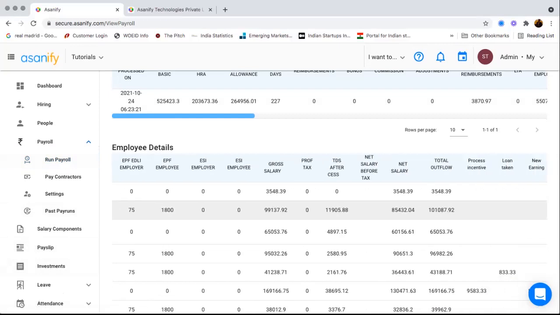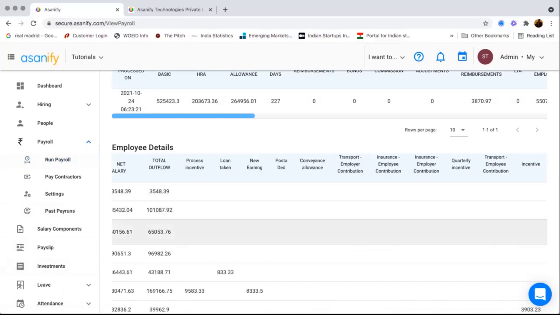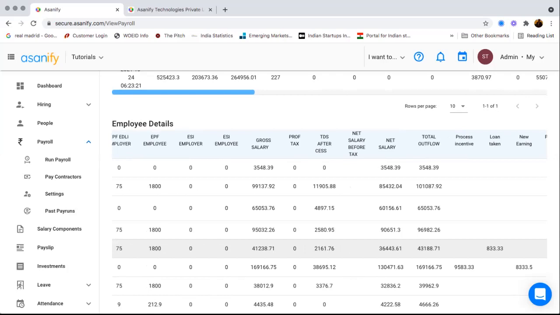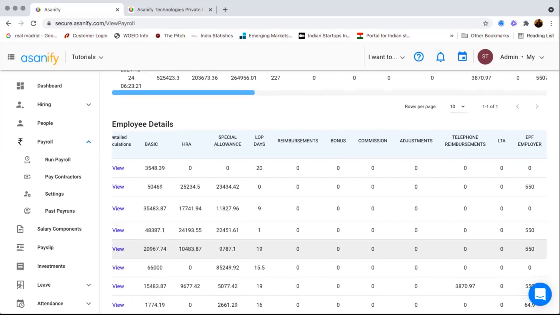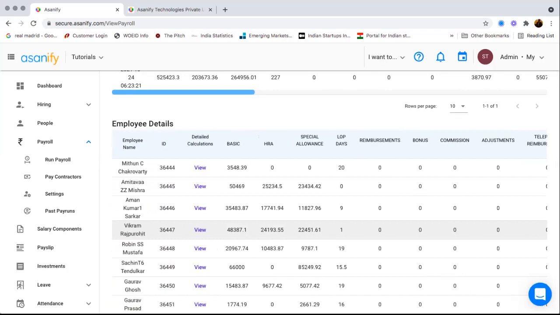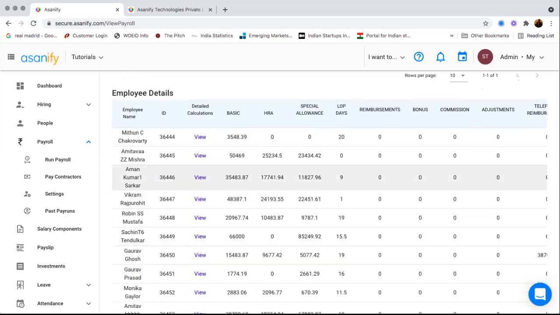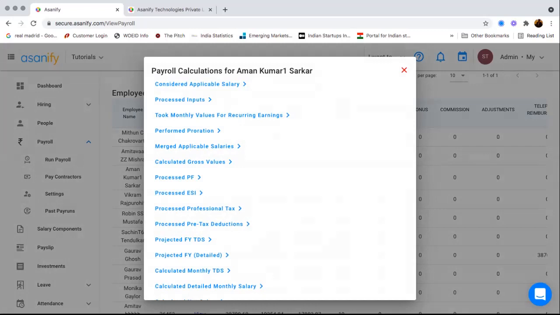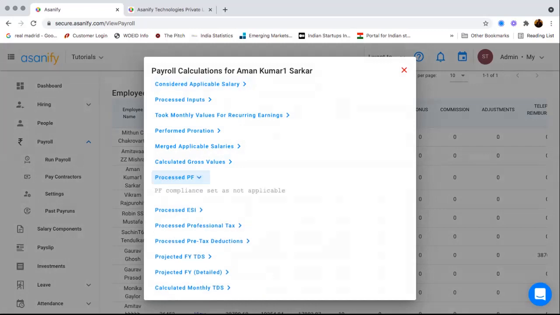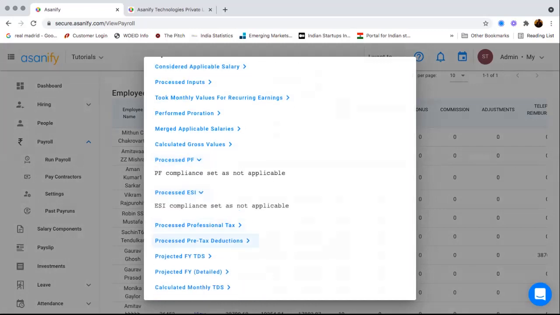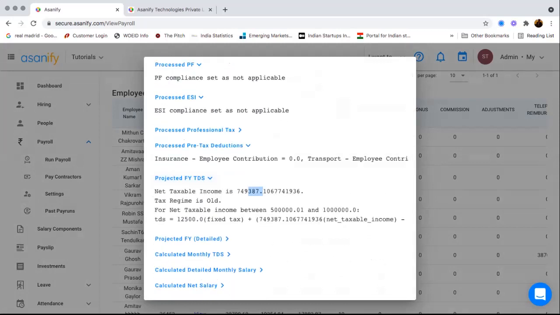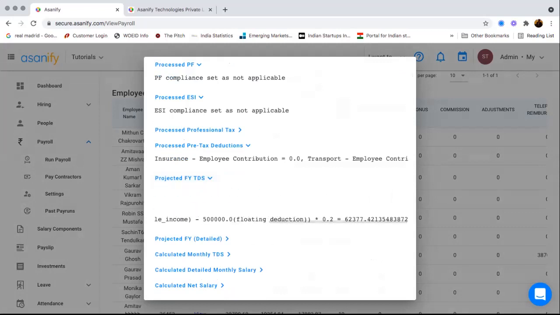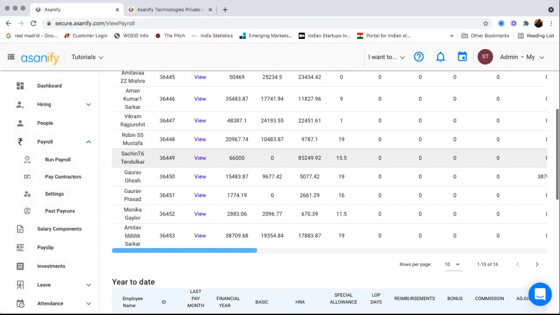And this shows you exact step-by-step details along with any custom deduction components or earnings components that you have for your company, right? And all the step-by-step calculations are also visible in the payroll detail page. So for example, for Aman, if you want to check the details, you can see how the PF got calculated, what is the tax deduction, what are the projected TDS. For example, this is the projected TDS, this is the level of tax they are at, and this is the exact calculation, right? So there is no confusion.